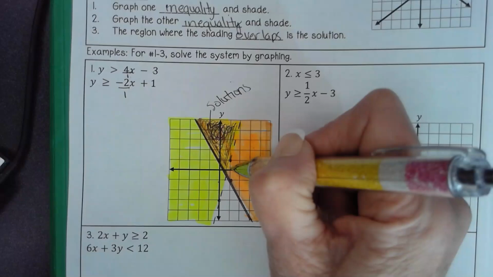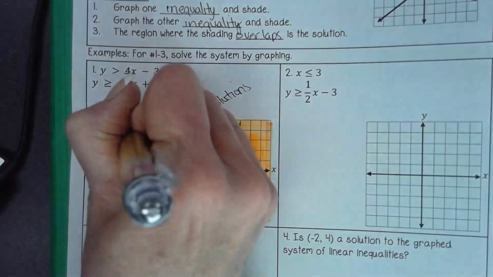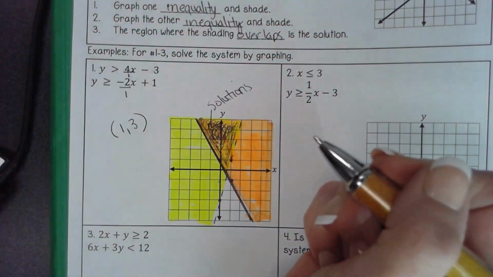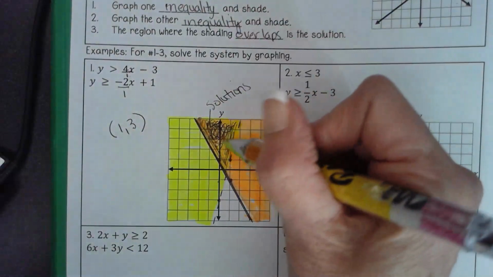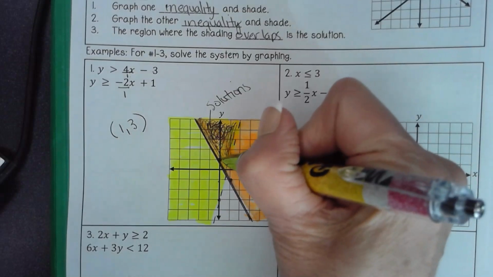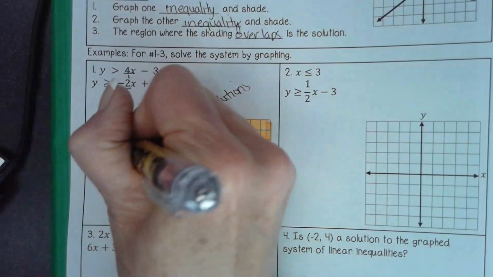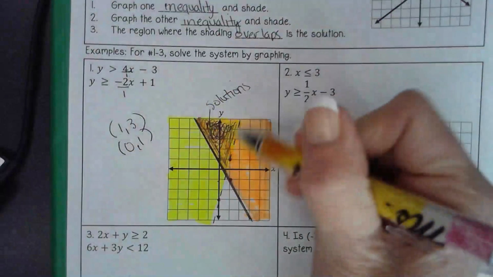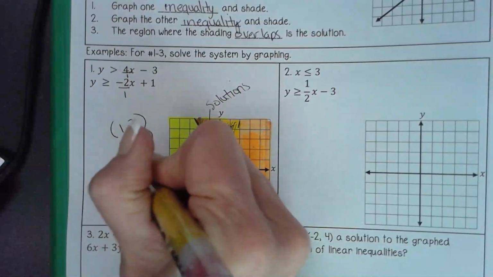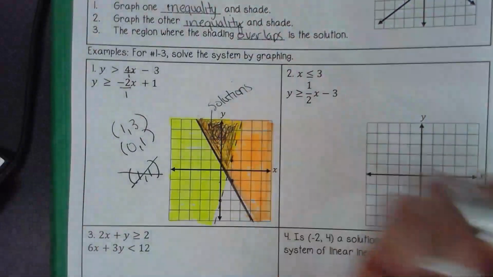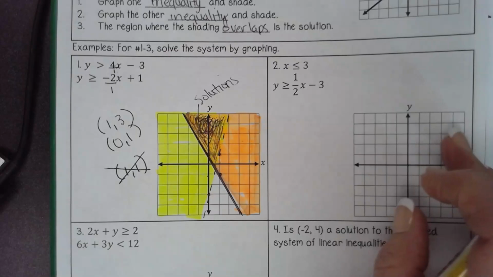Let's see. Over 1, up 1, 2, 3 would be a solution. Over 1, up 3 would be a solution. That means it satisfies both equations, this ordered pair. Let's see. 0, 1 is a solution because it's on the solid line next to the shading. Okay. 1, 1 is not a solution because it's on a dotted line. So hopefully that kind of explains everything. All right,